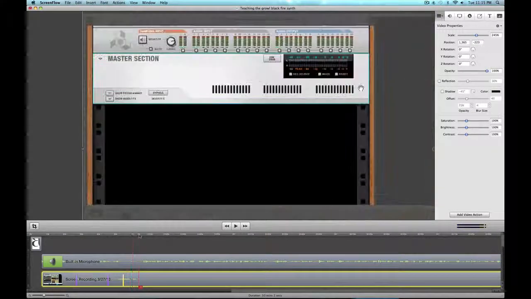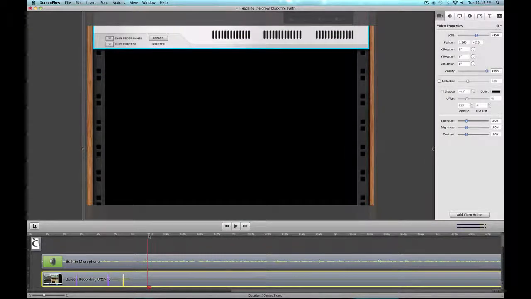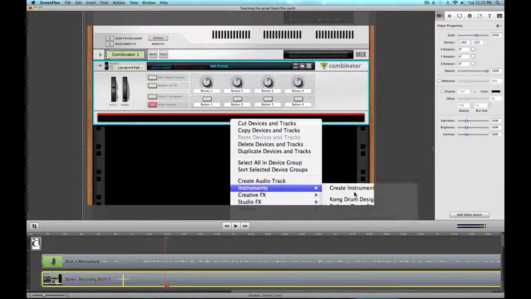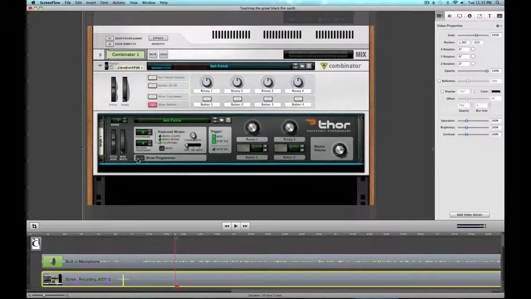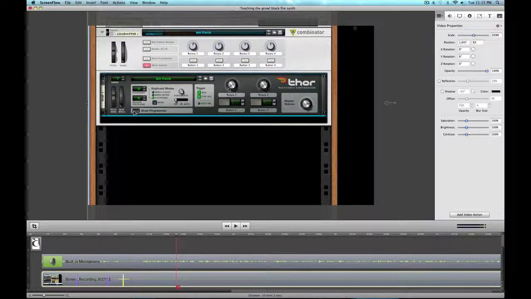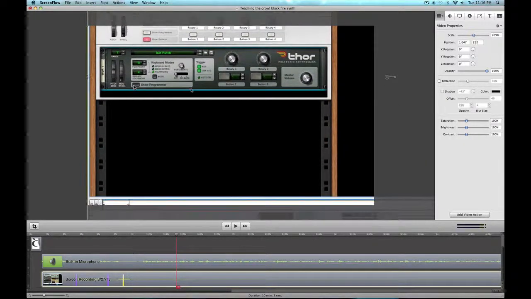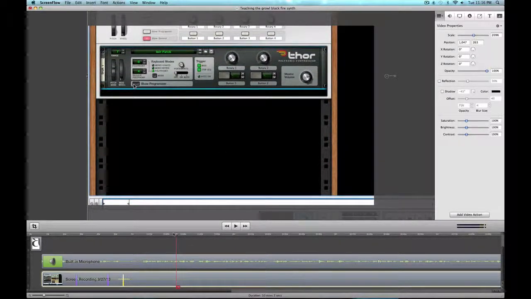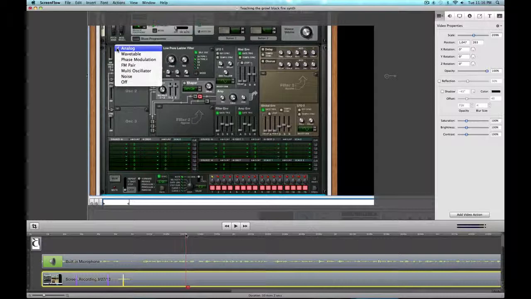So I'm just going to scrub through this again and find out the different points, and right before I open the programmer for this, I'm going to add another audio or video action, and this is critical. The video actions are critical for learning. I mean, without a big blown up screen, you can't really see all the fine details, and so that's why